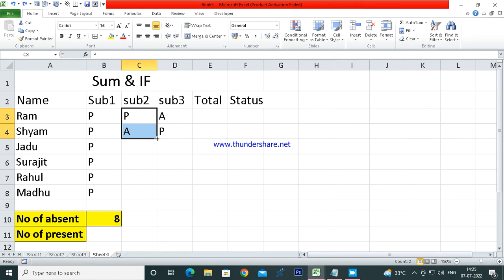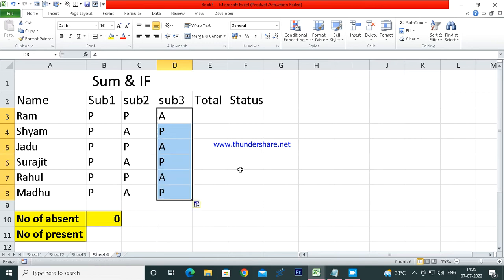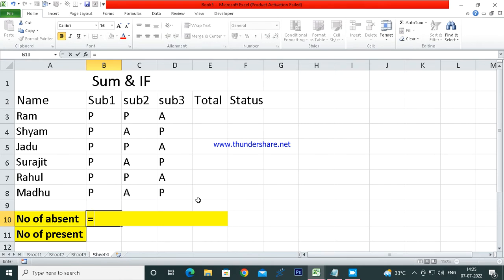We are selecting both and dragging. Excel follows the pattern automatically. Now we have to calculate the number of present. So how to calculate? That should be equals